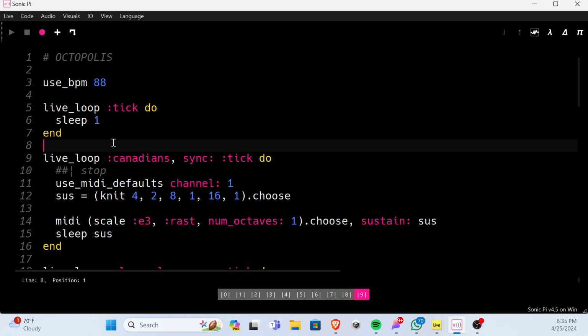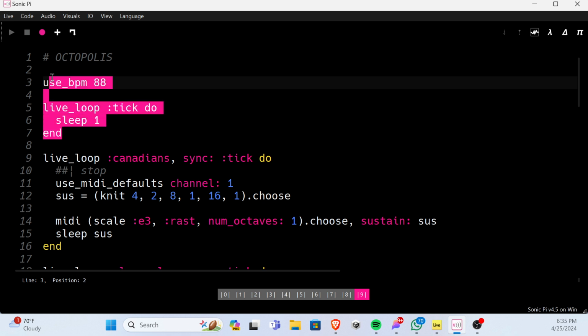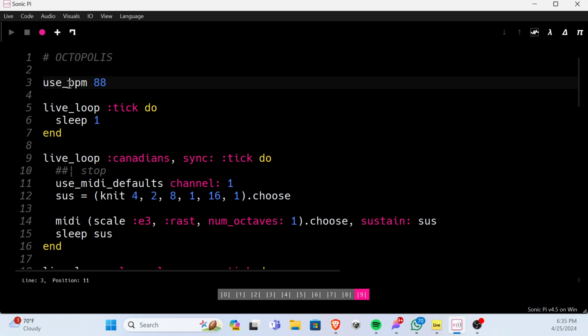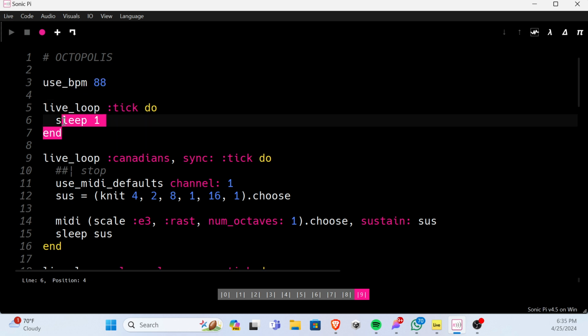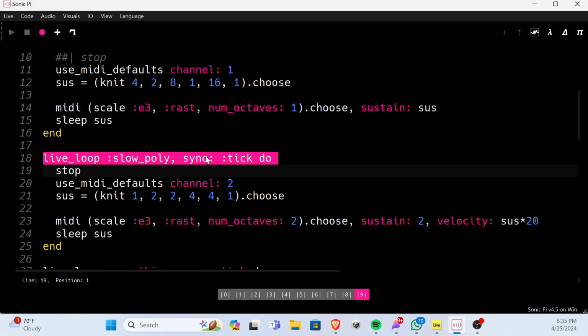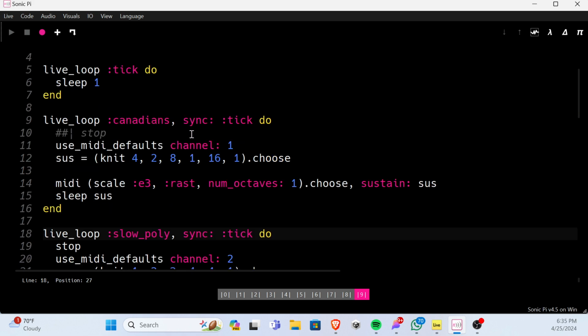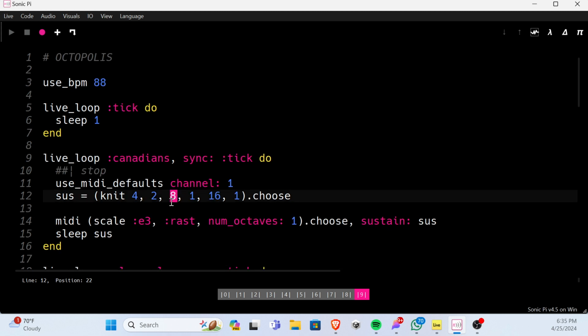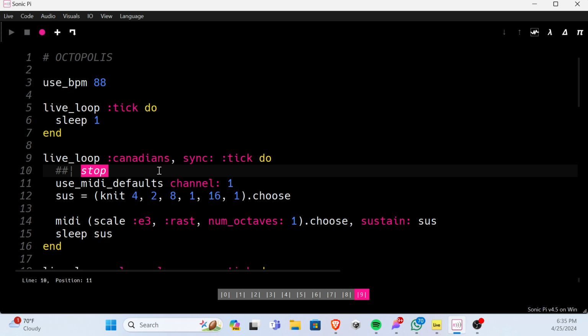Whenever I start a new Sonic Pi track, I tend to have these few lines up here at the top in every single one. First, I want to set the BPM, and then I create a tick that everything is synced to. And you can notice all of these live loops have their own sync to that. And then from there, I got into the creation of the tracks themselves. And so what I mean by that is here,